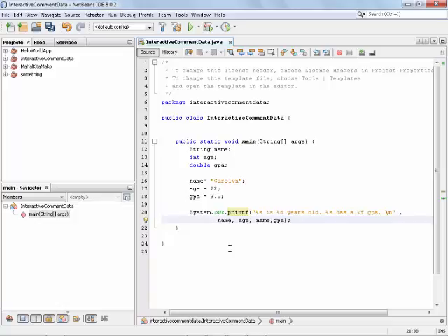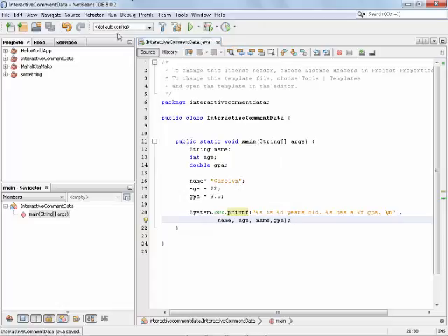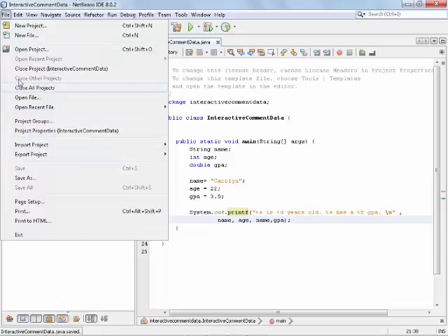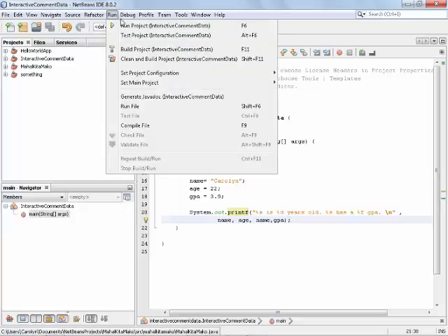So that's okay. Then run. Oops, Control S to save the file. Run project.